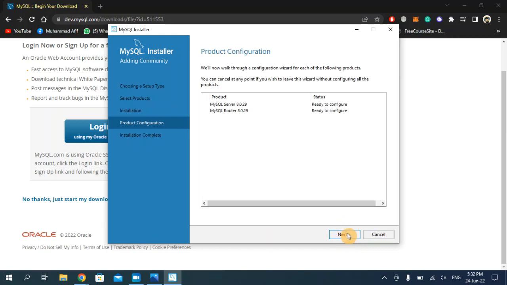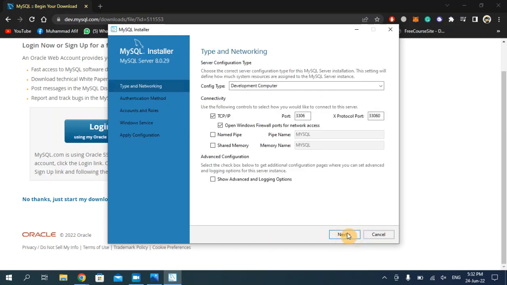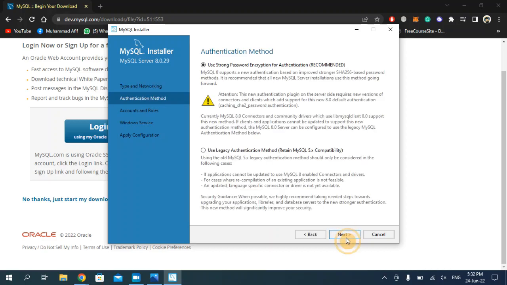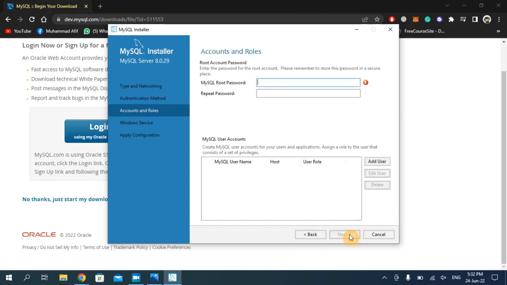Once again click on the next, and here I'm not going to change anything. I'm going to keep it default and click on the next. So once again click on the next, and here you need to write a password which will be your root password for MySQL. So I'm going to type, so again repeat the password, must be same as above, and now click on the next,